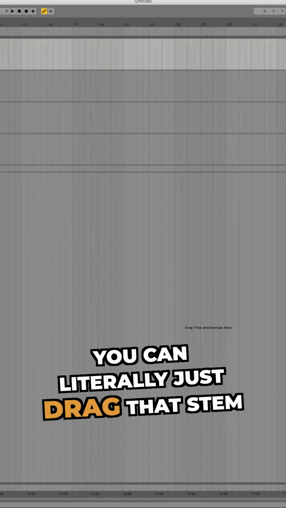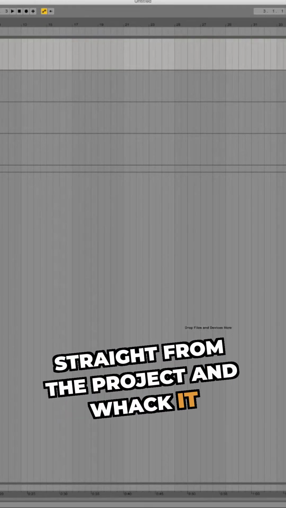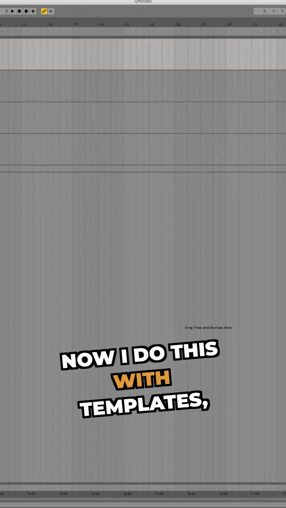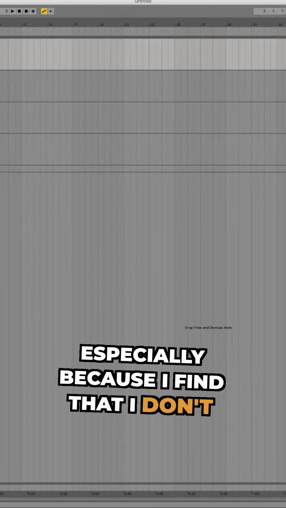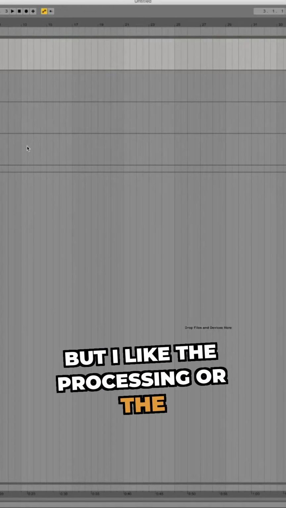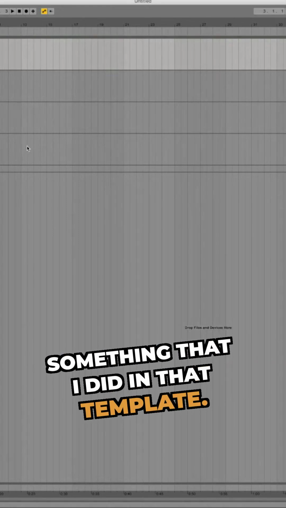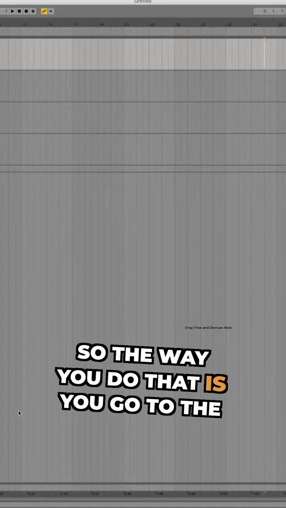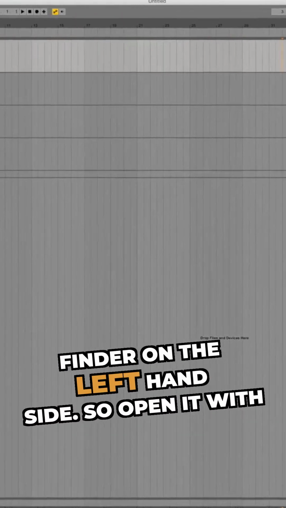You can literally just drag that stem straight from the project and whack it straight in your new project. Now, I do this with templates especially because I don't want to open up the whole template and get rid of all the progress I've got, but I like the processing that I did in that template. So the way you do that is you go to the Finder on the left-hand side,